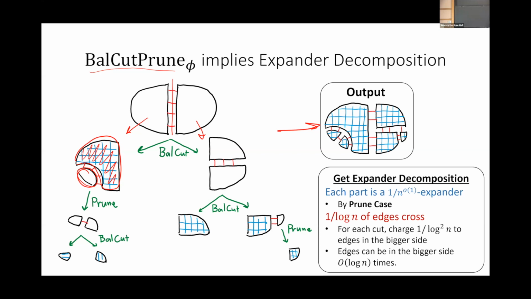So each part here is indeed an expander by the prune case. And now I'm going to claim also that only a 1 over log fraction of edges will cross the decomposition. And the reason is that